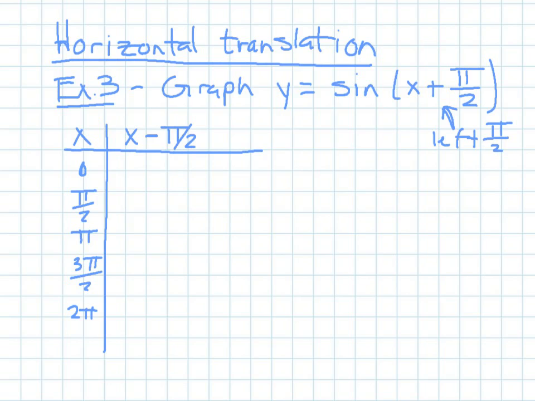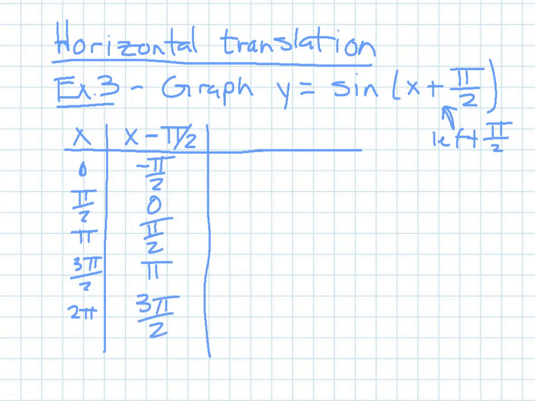So instead of adding, I will subtract to negate that movement, because we always want to get back to our 0, pi over 2, pi, 3 pi over 2, 2 pi. So doing the opposite gets us negative pi over 2, 0, pi over 2, pi, and 3 pi over 2 initially. So now when I plug them in,